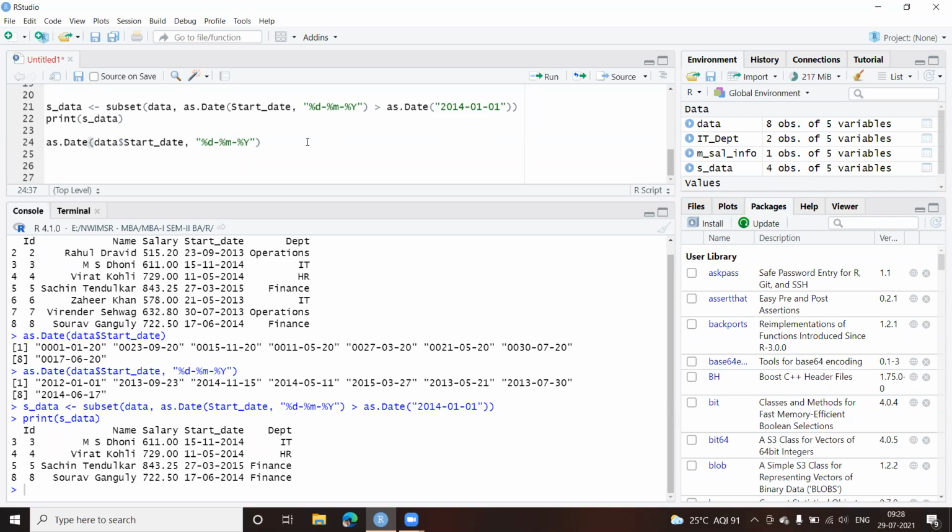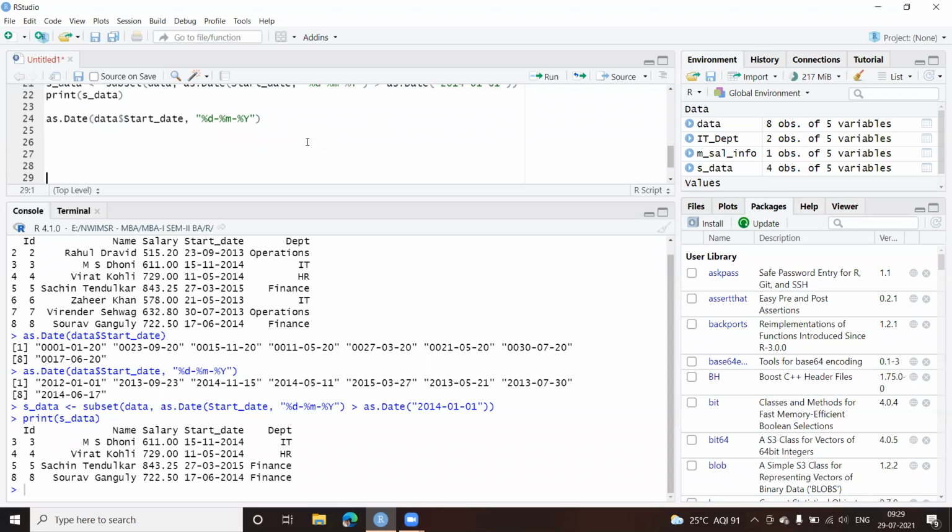Okay, coming ahead. Let's try to write into the data set now. So I think I have shown you how to handle your queries also, how to get the subset, how to get the maximum, minimum, sum, all those functions that can be used with data frames. Now let us see if I want to write this record. We have some subsets. Let us write one of the subsets into the file.